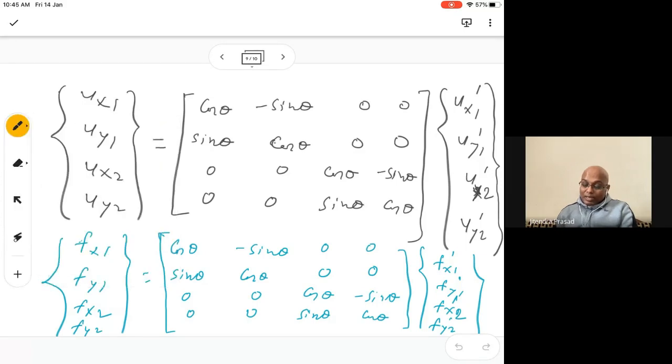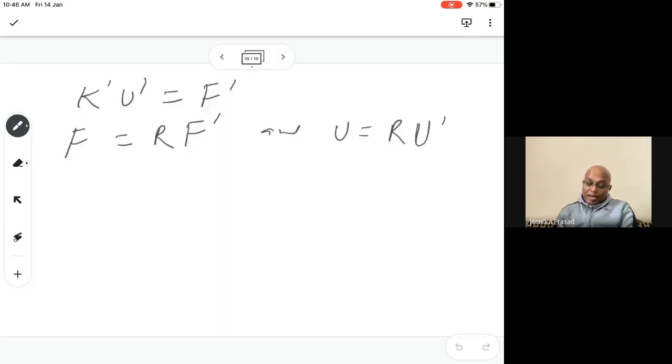So the whole thing is R, the rotational matrix. So you write like this. Okay, and so we have this relationship, this relationship, this relationship, and we also have K u equal to F. Yeah. Now this is a matter of changing from one to the other, and we can find out the value, right? Okay. Now what happens? We have R here, right?